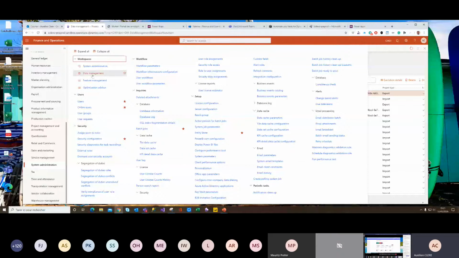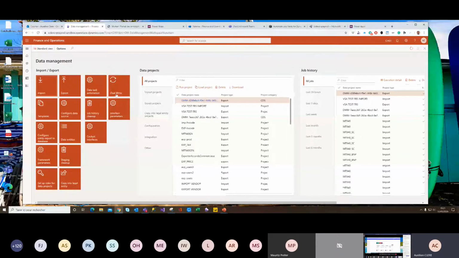And when you have done that, you can also directly go to your system administration, to data management, and you now have a dual write section here. Just before going to CDS dual write, I want to show you what happens when it's done. Every time you have a sync between finance operation and CDS, you will have in data management the same thing as you can already do with import-export. You have all the logs and execution details of the sync.